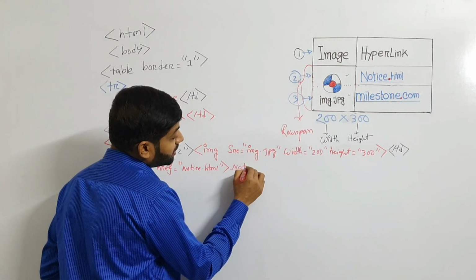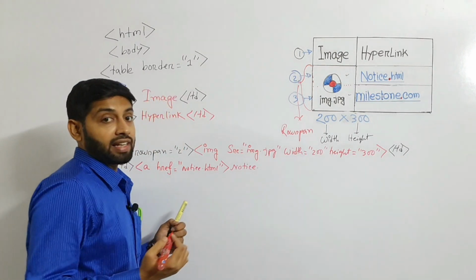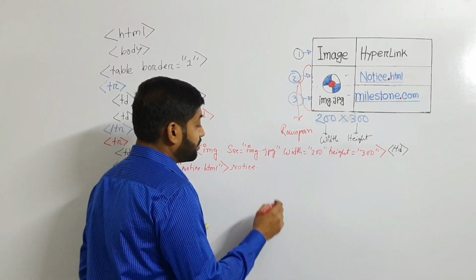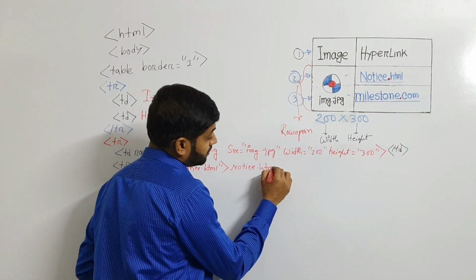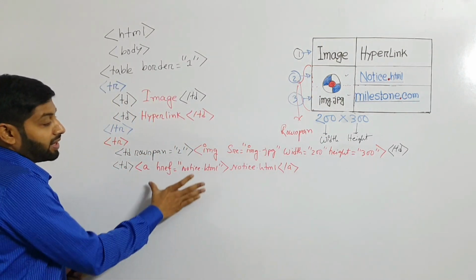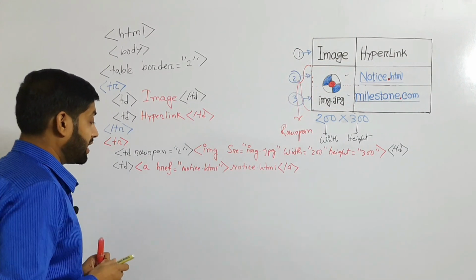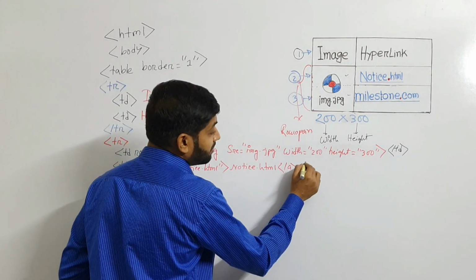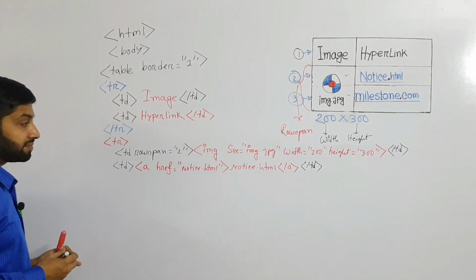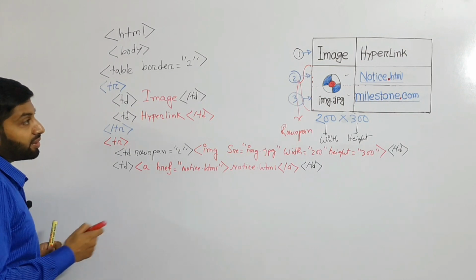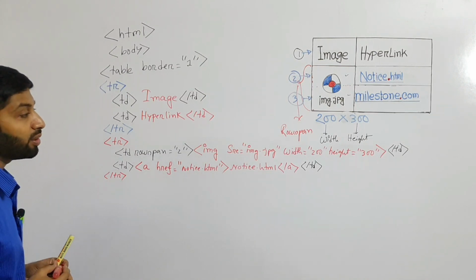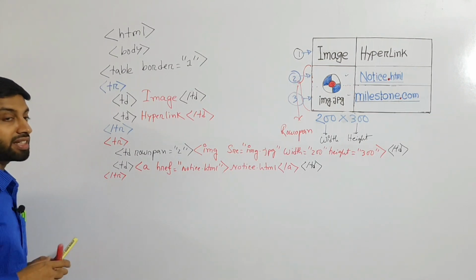Basically for this internal hyperlink, my source name and link name are both the same. Now I have to end it with the a tag. So this hyperlink tag I have to finish. Then I will end my second row, second column. TD will be finished here. Now my second row is done. Then I type tr close. This one is tr start and this one is tr close.